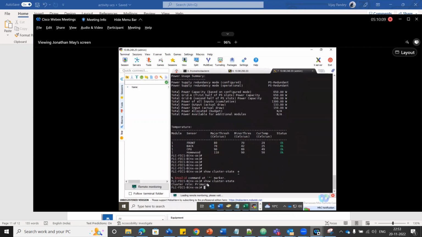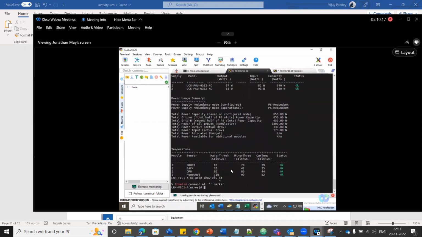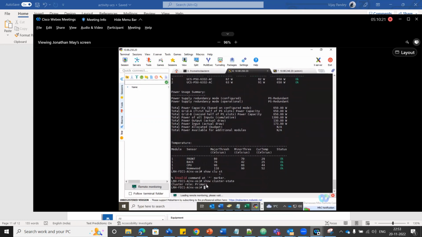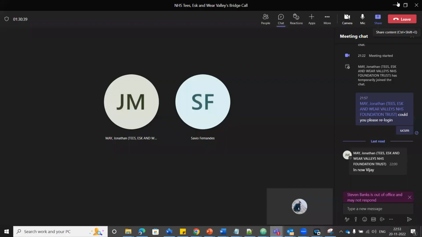So switch fallback is done. This is a primary. If I say so, cluster state. Sorry. So cluster state. This is also primary. Perfect. Okay, failover is done. So we can conclude this call, which will be the more